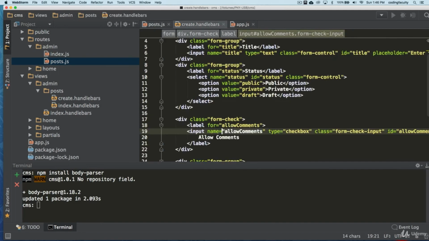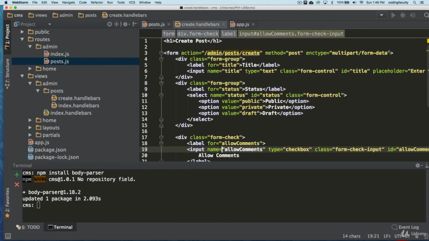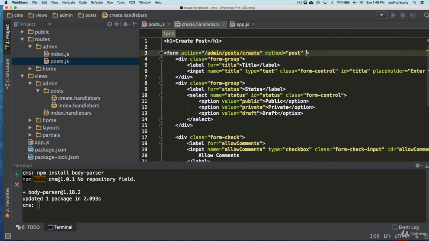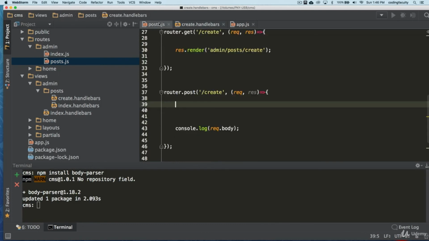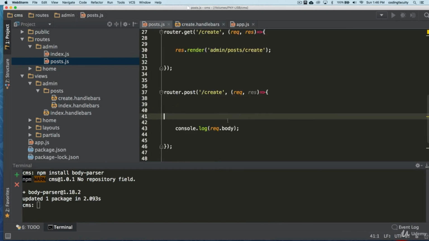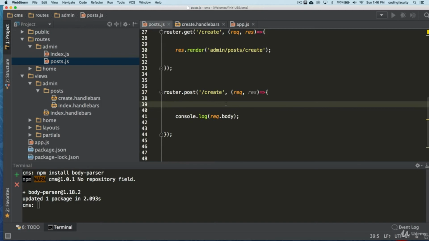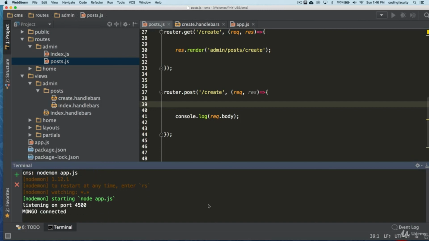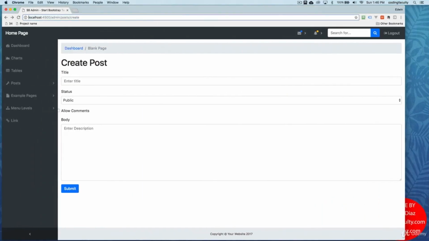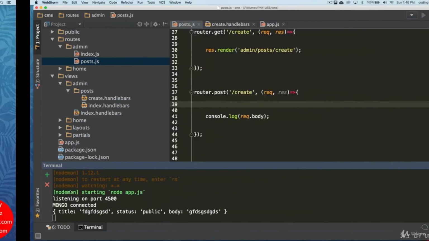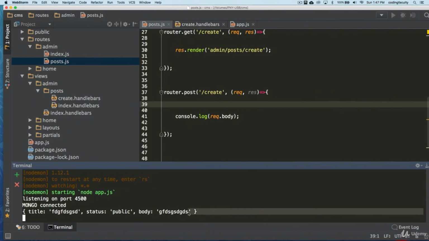One thing that I want to do in the create, we're not going to be using files right now, so I'm just going to take that off for now. That's just going to interfere with me showing you something. So nodemon, let's turn on our server and let's see if we get some type of data. There we go. Submit. Let's come back here, and you can see that those fields are coming in like that.